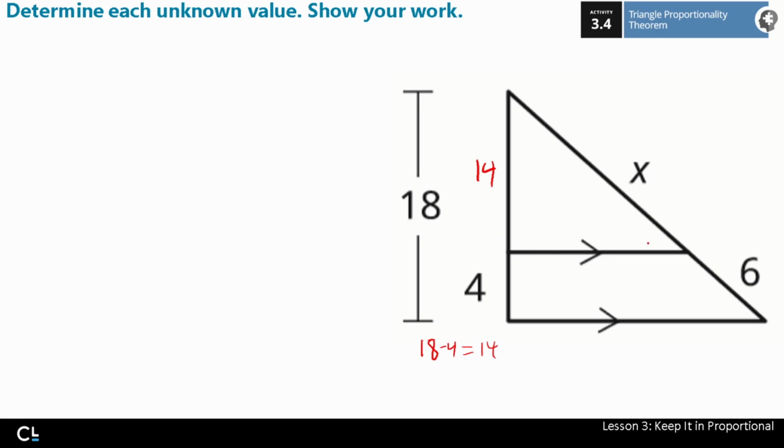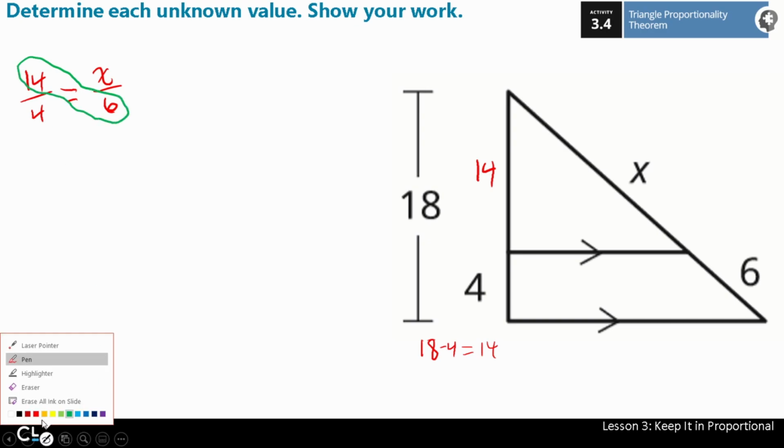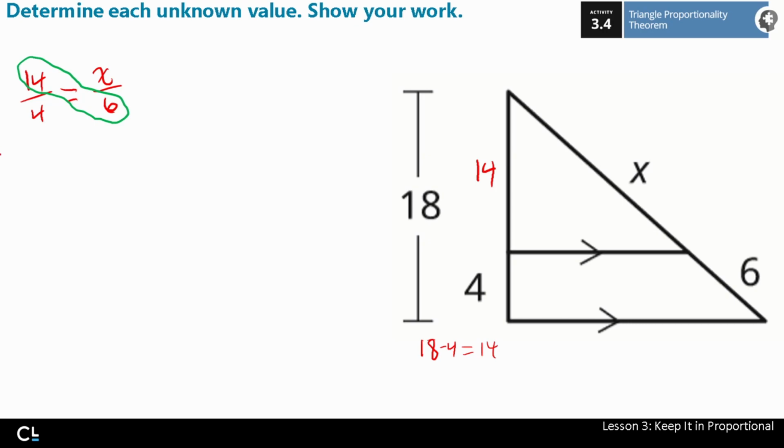Now, what can we say? We know that these two lines are parallel. We can set up our proportions. So we can say 14 over 4 is equal to x over 6. And once again, we just do the same steps. We've been solving proportions all day. We should be masters at this point. Cross multiply, 14 times 6. That's going to give me, once again, I'm not doing that math early for me. 14 times 6. 84. 84 equals,